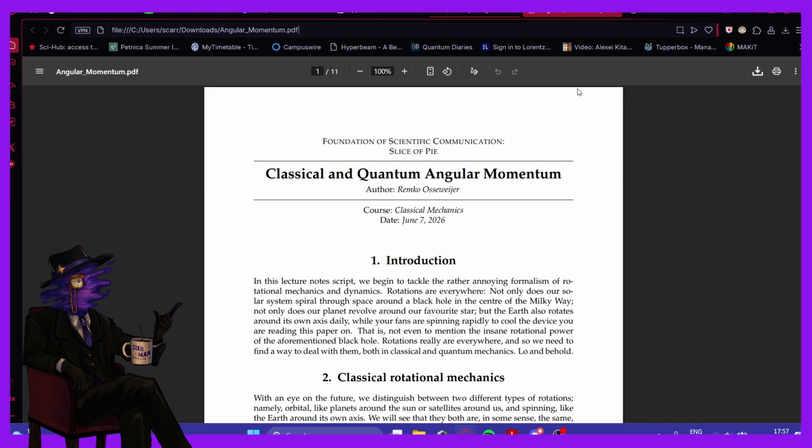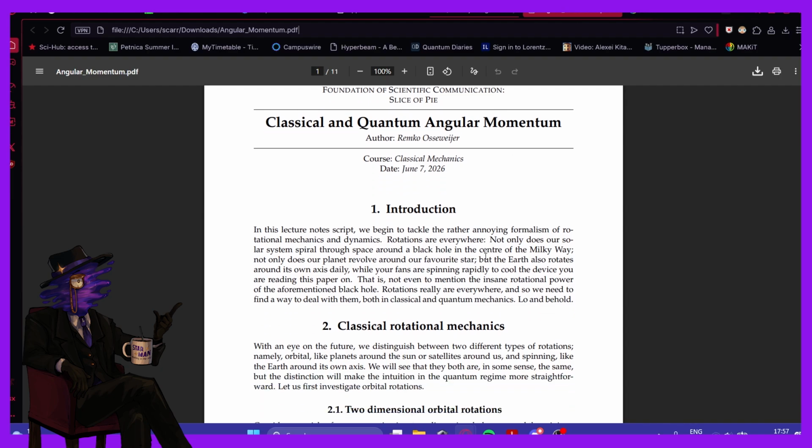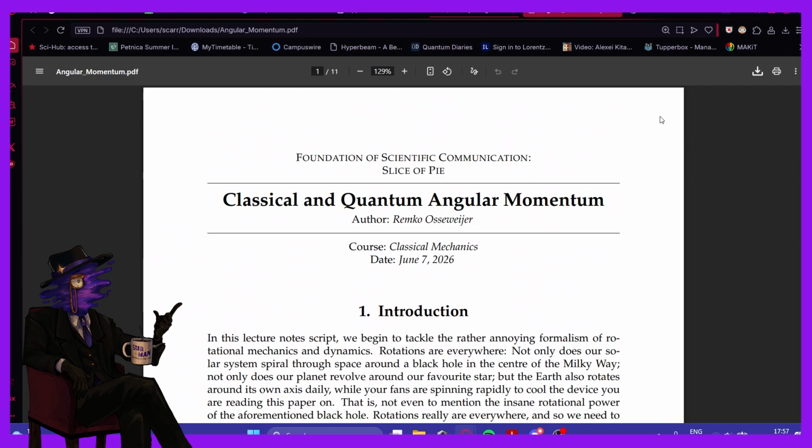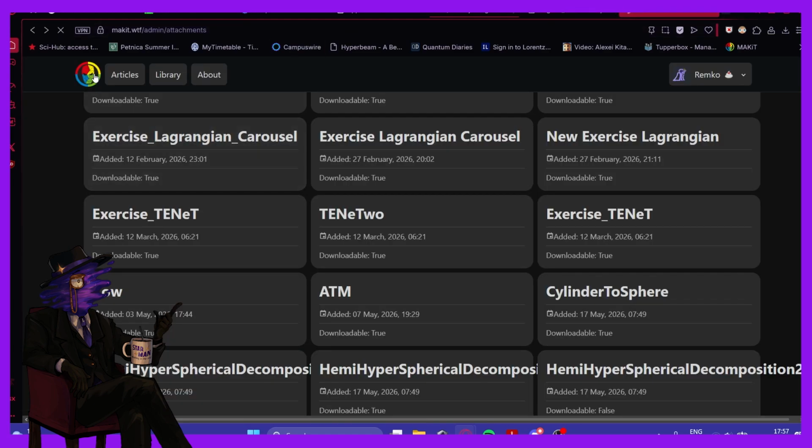So yeah, you have your paper. Yeah, this is the paper I want to upload. Yes. This is a very good paper. Go read it. Exactly. And so now, if you go to the website, then the library.